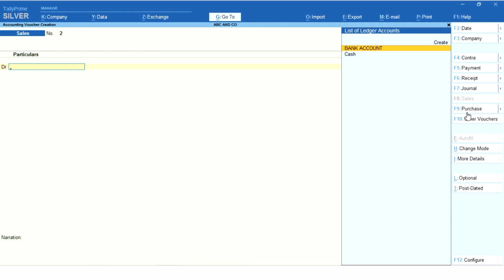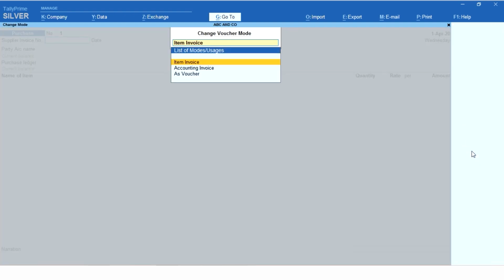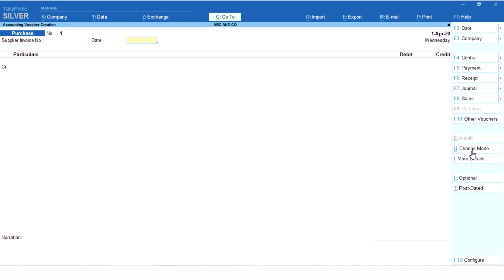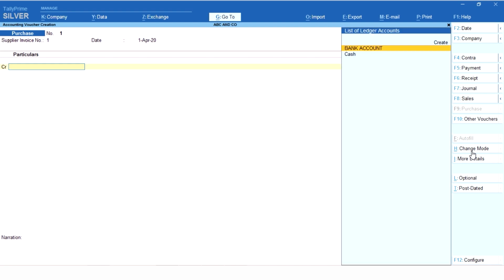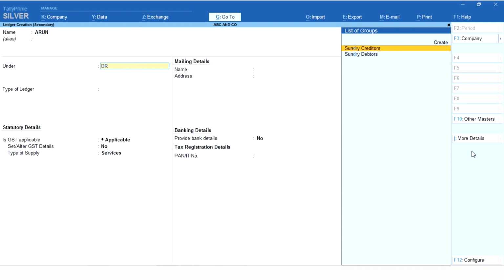So we use purchase voucher. The shortcut key is F9. So we use voucher mode to pass this transaction and you can give a supplier invoice number, which means Arun's sales invoice will be our supplier invoice number. So we give our invoice number as 1 and we'll create Arun account. So it is not created, we'll create it under sundry creditors